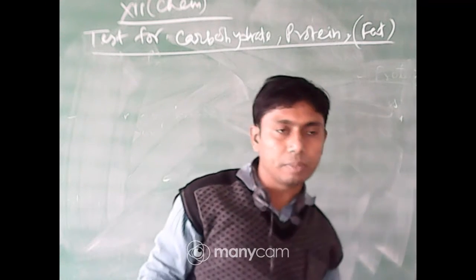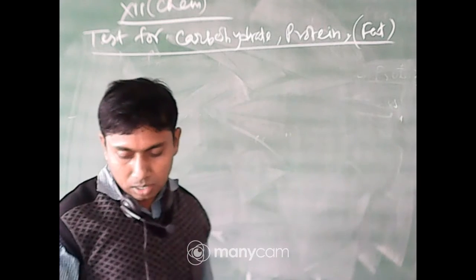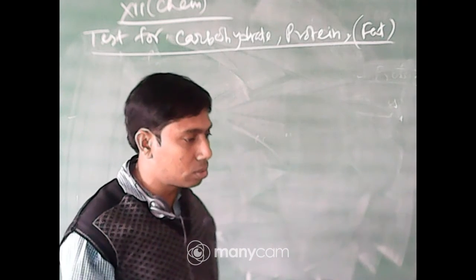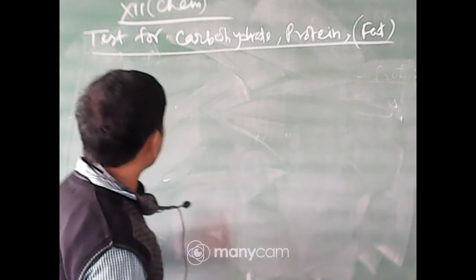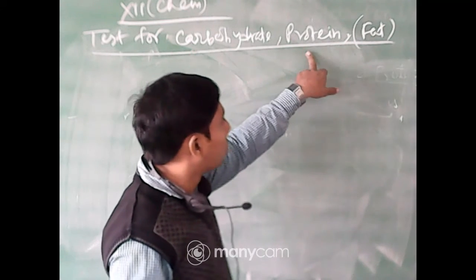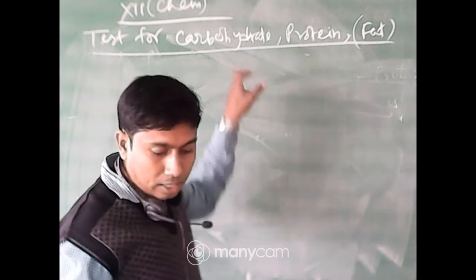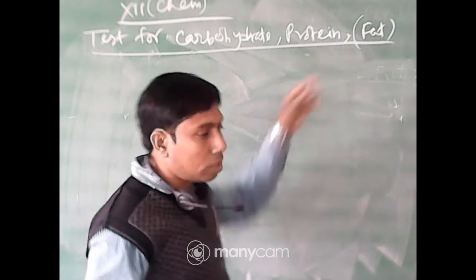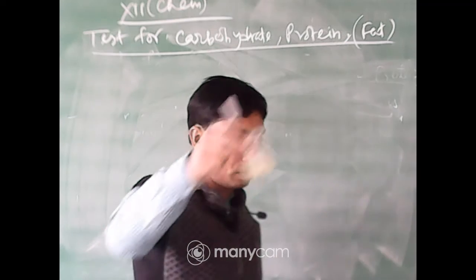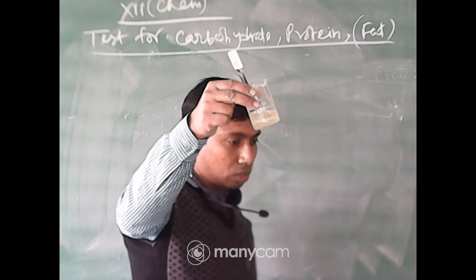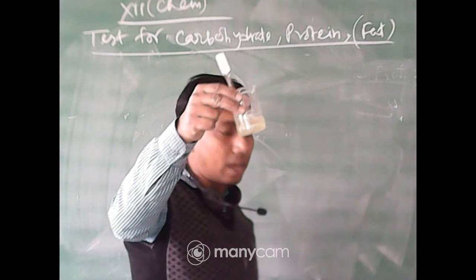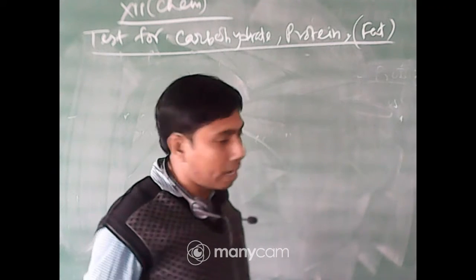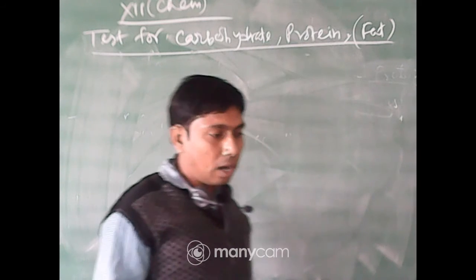Now which sample will be taken? For this we have taken dextrose because it has a free aldehyde group. For carbohydrate there is also the starch solution. For protein we will take egg albumin. This is the solution of egg albumin, the white part of the egg. It is extracted and then diluted. For fat, as it is not ready now, the first test is for carbohydrate.